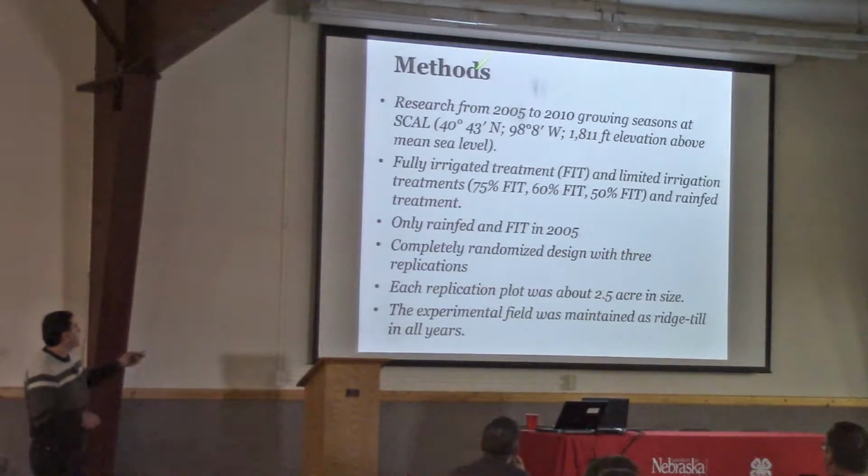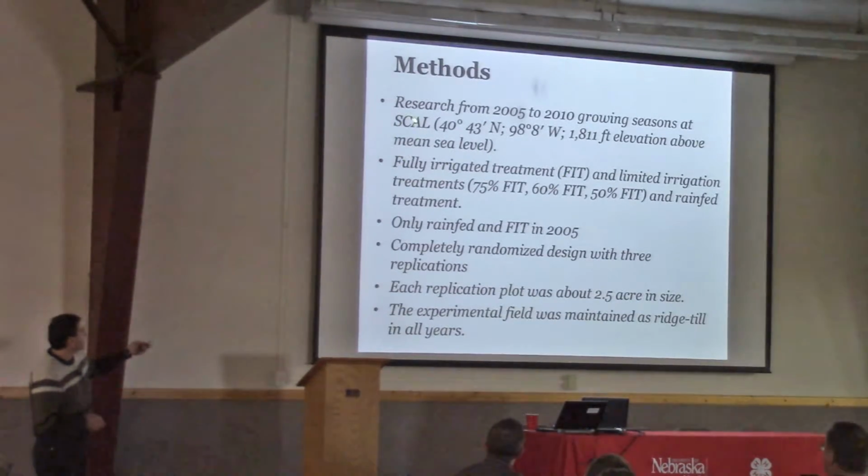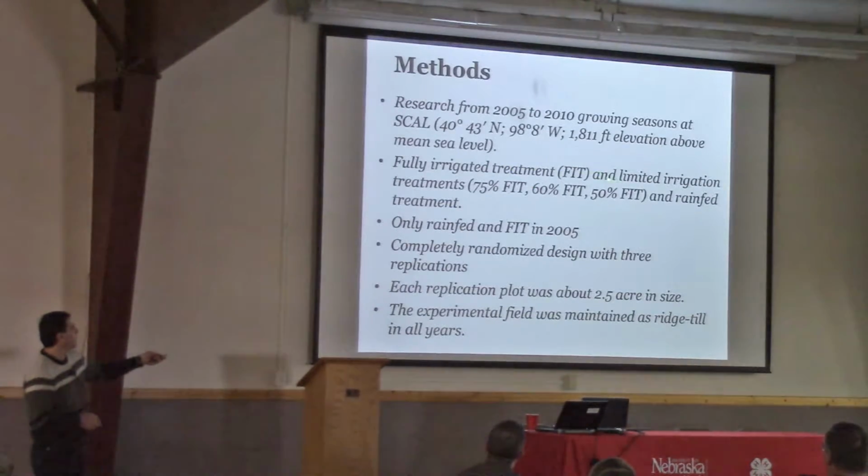So the research is conducted at South Central Agricultural Laboratory. This is the coordinates and elevation. So in my standard pivot field, I had fully irrigated treatment and then limited irrigation, which is about 75% of the fully irrigated, 60% of the fully irrigated treatment, and half of the full irrigation, and those rainfed treatments. In 2005, when I first purchased the standard pivot, it was the first year, so I did not have treatment, so it was only a fully irrigated field. Completely randomized,